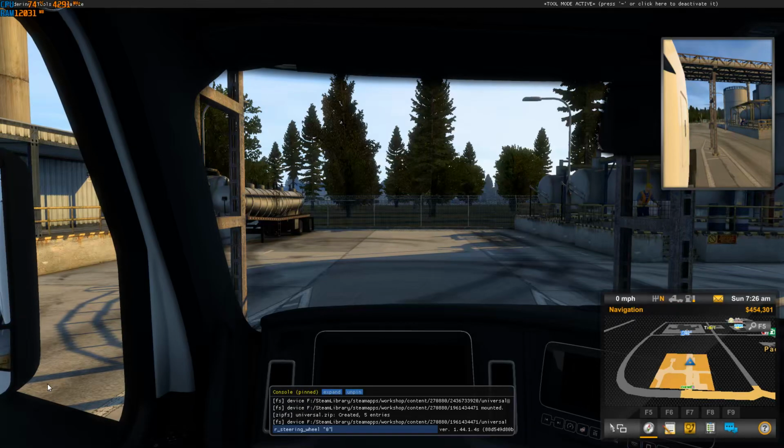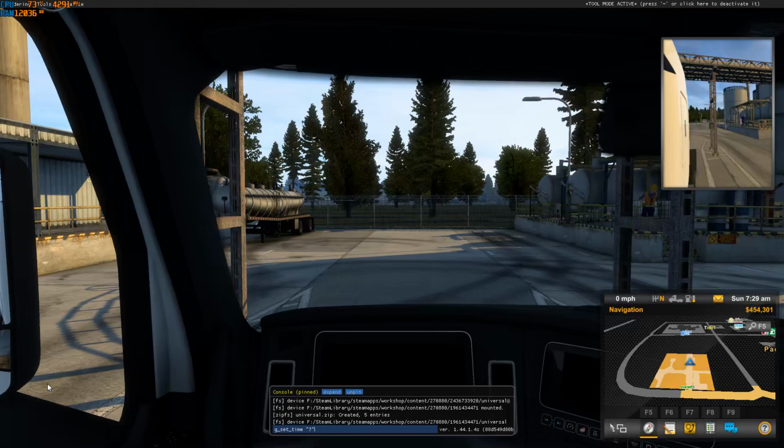So I tend to drive, most of the time, without the steering wheel present. Obviously you can still guide the truck. The game actually works as if a steering wheel is present, but you obviously don't see that on the screen. So there's no change to how the game actually steers. That's not an issue, but obviously the steering wheel gets removed, so you can actually see everything on the dashboard. So that's one of the